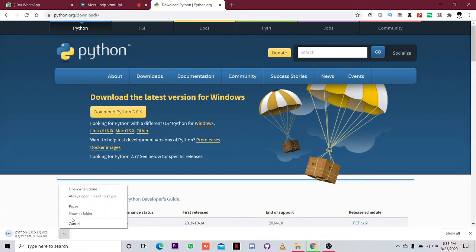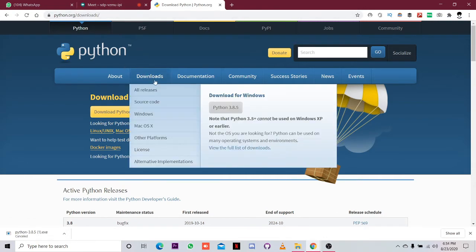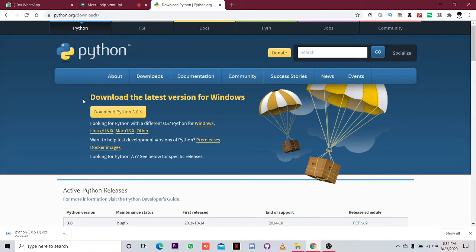I already have this downloaded, so I will not download it. Please go to this Python website, go to the download tab and download the latest version of Python from here. The highest version for Mac is 3.7.9. It doesn't matter whether it is 3.7 or 3.8.5. There are some little differences, but the thing is the same over there. Whatever OS you have, switch to that and download your version.